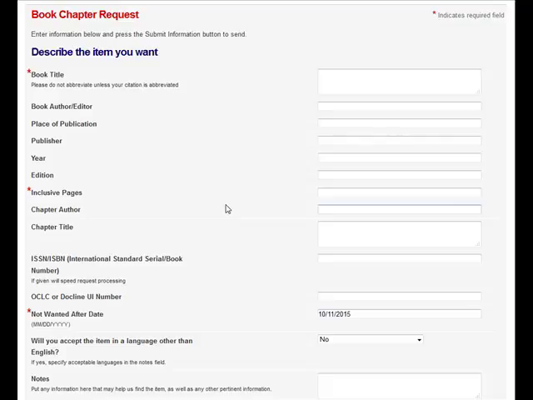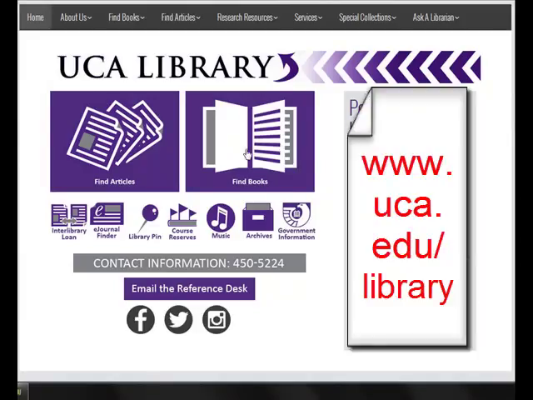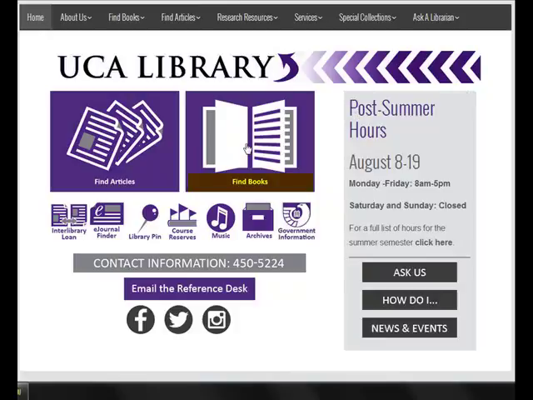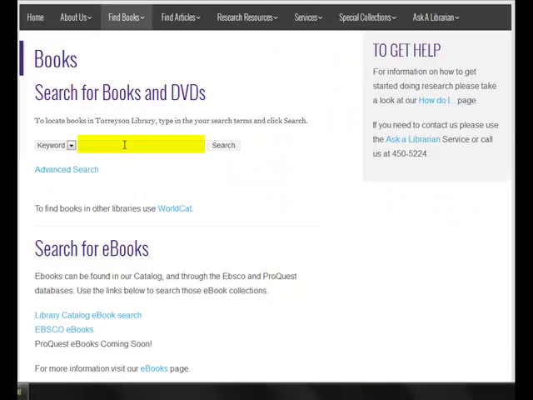That's a great question. We're going to flip back over to the library's homepage, find a book in our catalog, and then request a chapter out of that book. So I'm going to open up a new tab. We're going to start back at the library's homepage, uca.edu/library, click on Find Books. We're going to do a keyword search in our catalog, which shows us all of our print books. We're going to search for